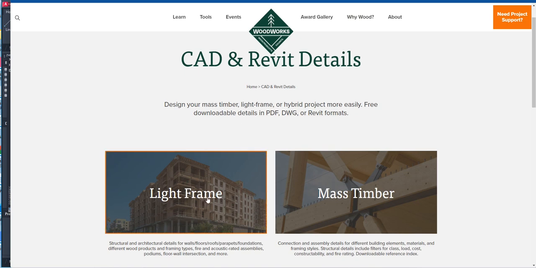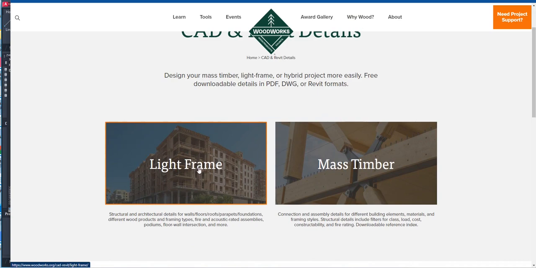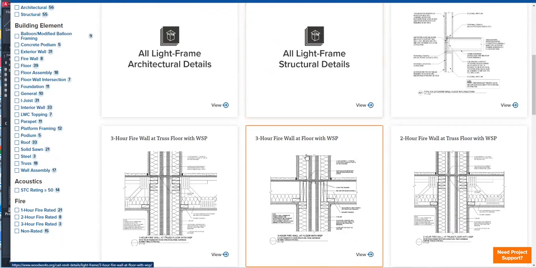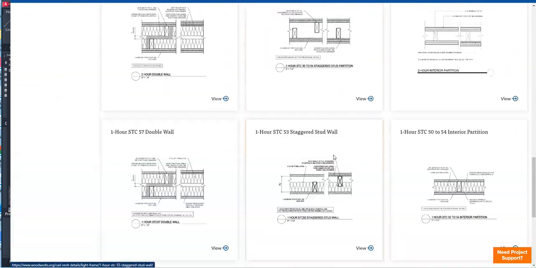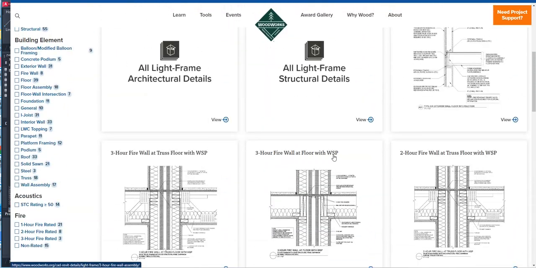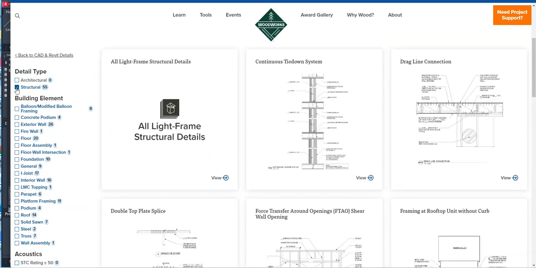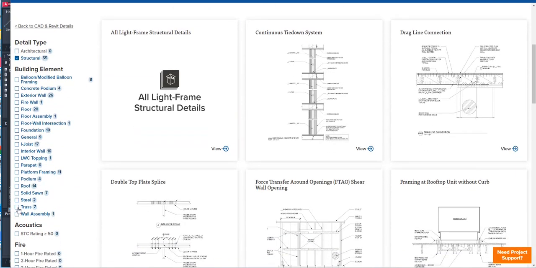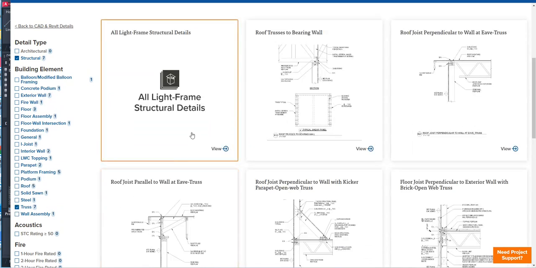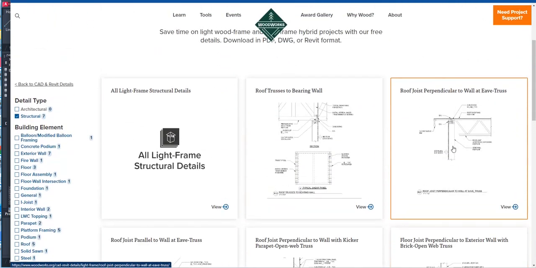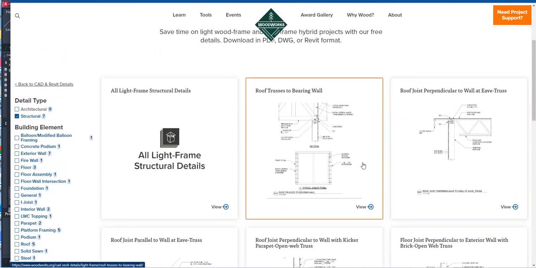Okay, so we're gonna go to light frames, and when you click on light frame, it will give us this selection, and you can find details of everything that is about wood. Okay, so we're gonna try to define a structural detail of a truss, and there's only 7 details to choose from. And let's say we want this detail over here. Okay, so if you want this detail, you click on this detail,